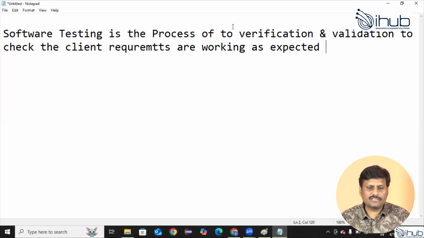Software testing is a process of verification and validation to check the client requirements are working as expected. So the main motto, the main goal